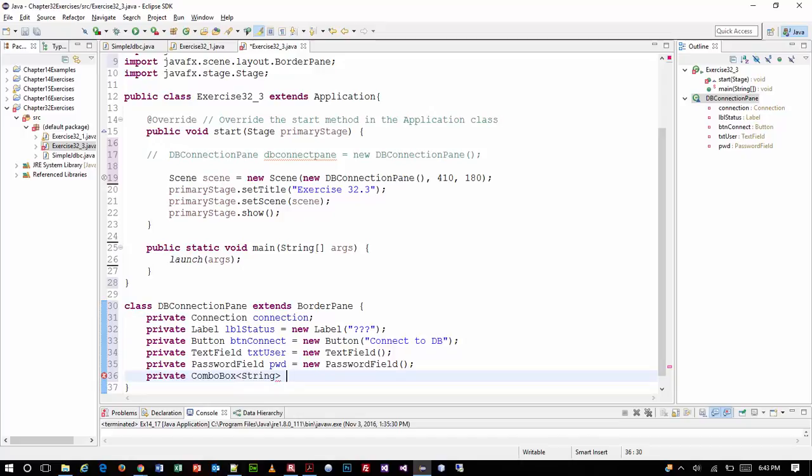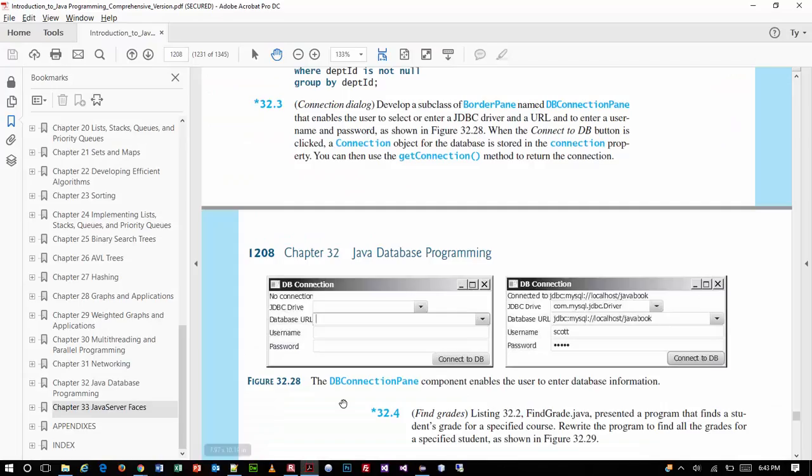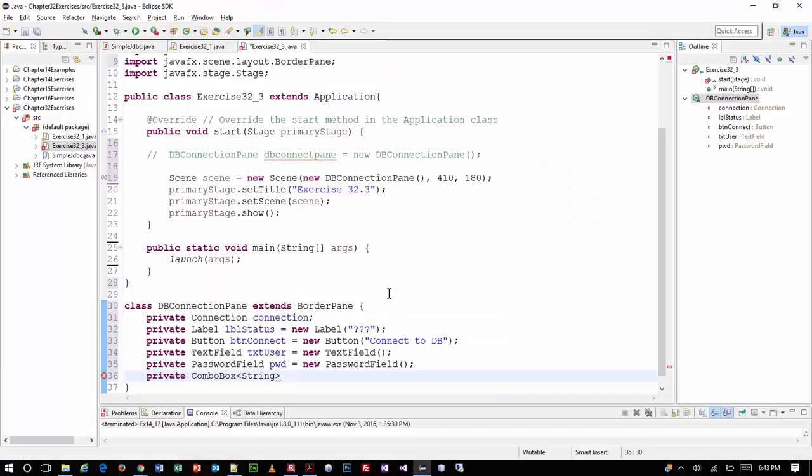And then we need to give this a name. So the book, well, one is for driver and one is for URL. Maybe those are adequate names. Yeah, let's name it lowercase, or we'll call it, one is the driver,